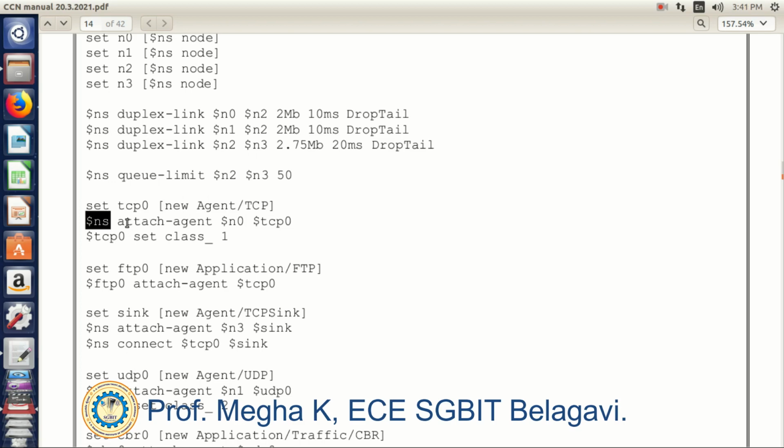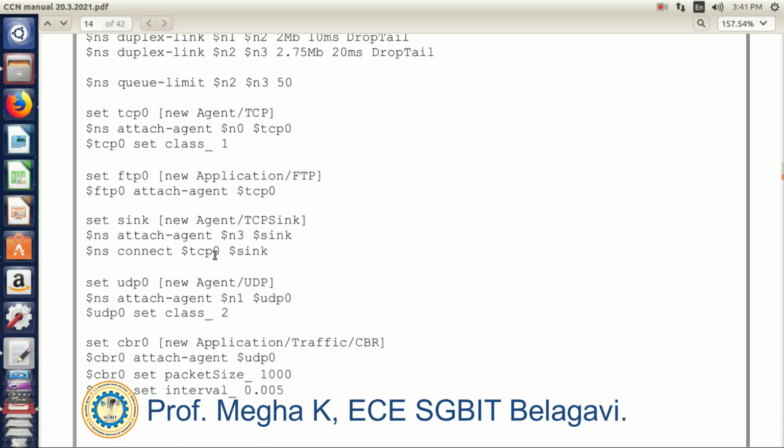I am attaching this particular TCP agent to the simulator main class. Now I set this tcp0 as class 1. Similarly I am using FTP for another node, and once again attaching that to the simulator.